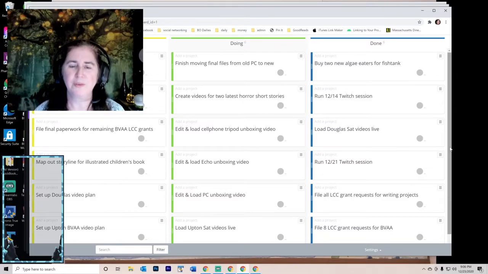Now, most of the time, I don't work with a Kanban board myself because I know what's coming up, I know what kinds of projects, and I just keep it in my head. But that's not always the best way to manage it because there's the potential for things to get lost. So it's also a good idea to keep some sort of a running tally of the larger scope projects.